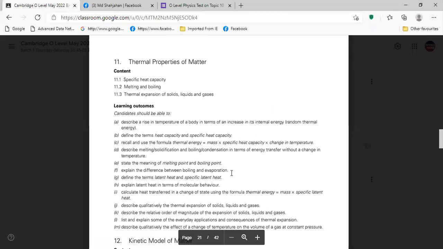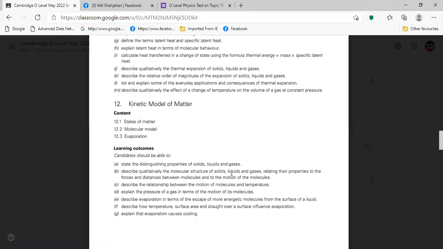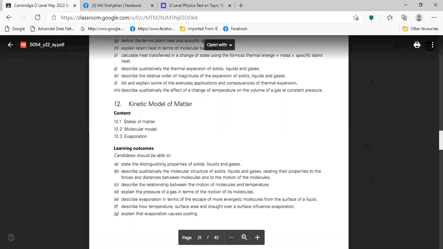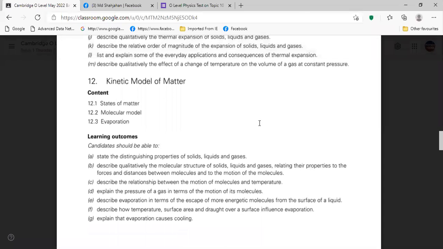So this is about thermal properties of matter, and this is about the kinetic model of matter, and we did discussion on learning outcome A, B. Okay, then we did C here also. We did D also, right? We also